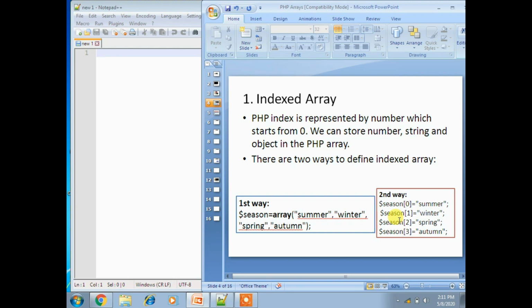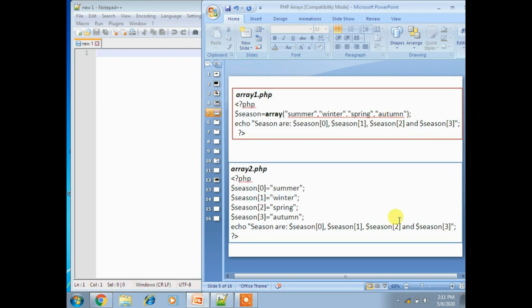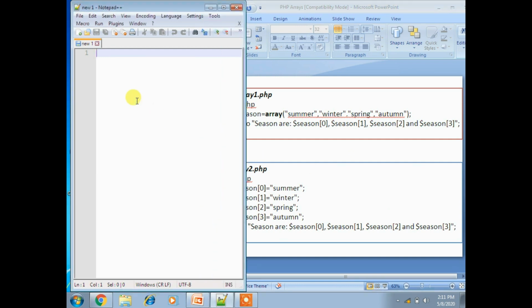Now let's see the programmatic part, how it will look. For this array I am taking one program in Notepad, which starts with the PHP tag. I take a variable, season, equal to the array function, and there we have to pass string values.